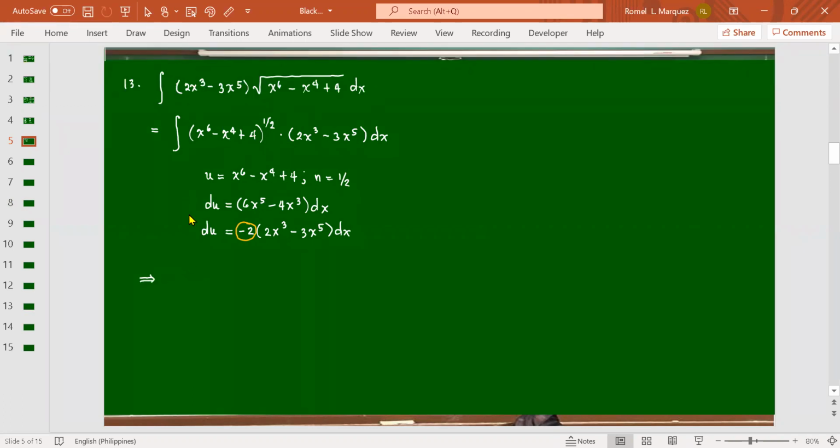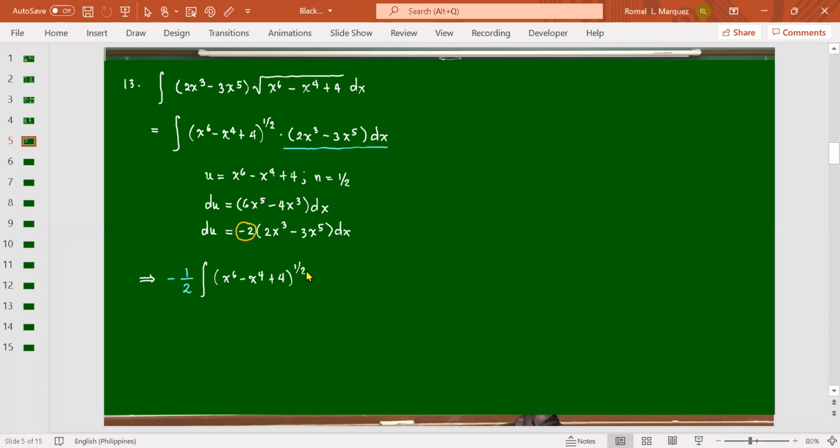What will happen? I'm going to put negative 2 inside. Outside, what will I put? If I put something inside, what is missing inside to make it du? Negative 2, so I put negative 2 inside. What do I put outside? Negative 1/2. So, the integral of x to the 6 minus x to the 4 plus 4 raised to 1/2,